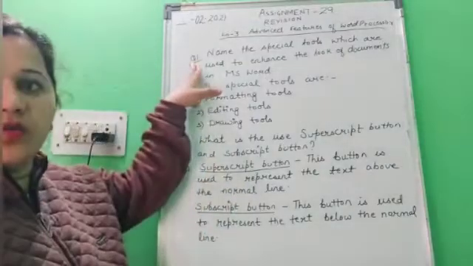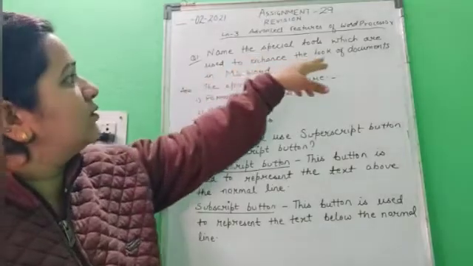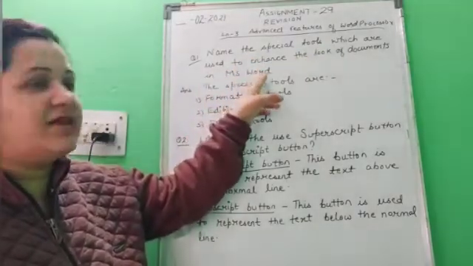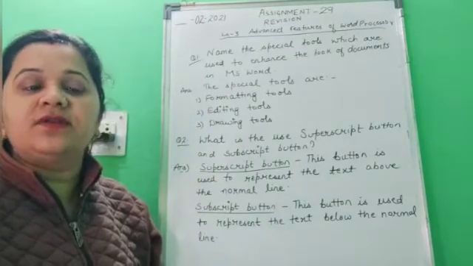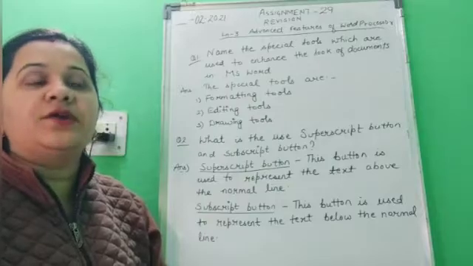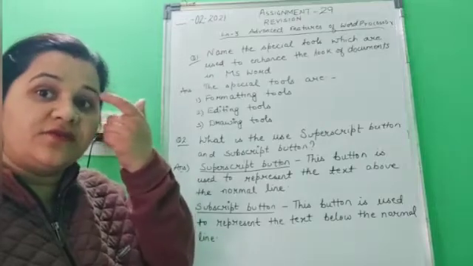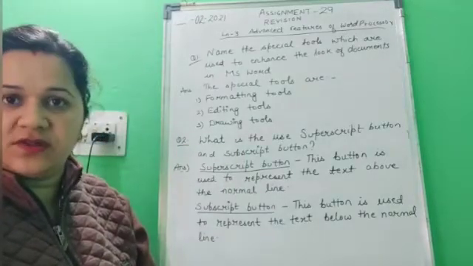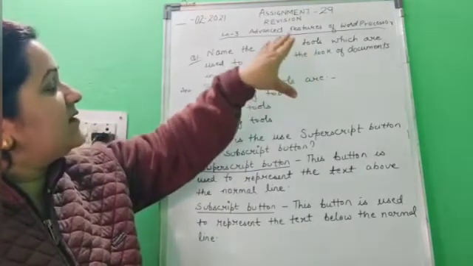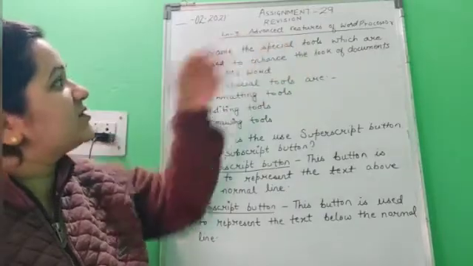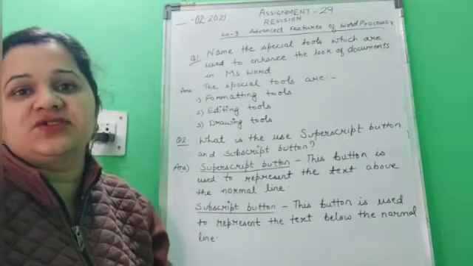Here is question number 1. Name the special tools which are used to enhance the look of documents in MS Word. We have studied about the word processor. Word processors are the software on which we can type, we can prepare our letters, we can prepare our reports. So in a computer system there is software which is used for typing for all these purposes. So whenever we type any document in MS Word, what are the special tools which help us to enhance the look or the presentation of our